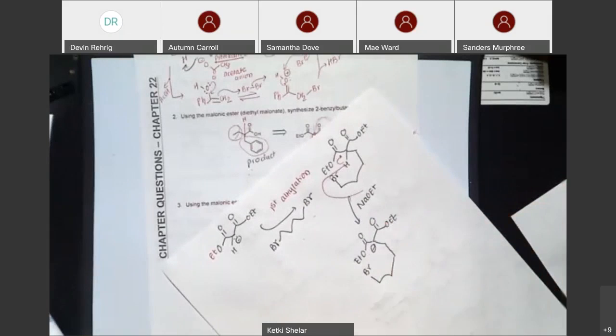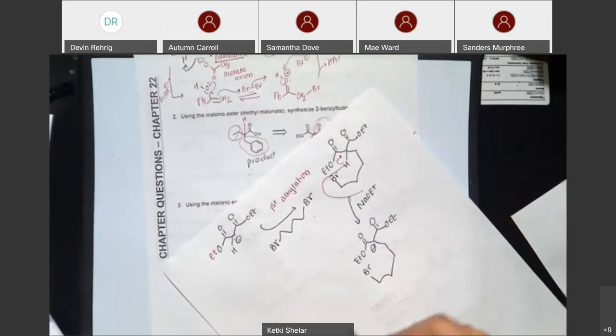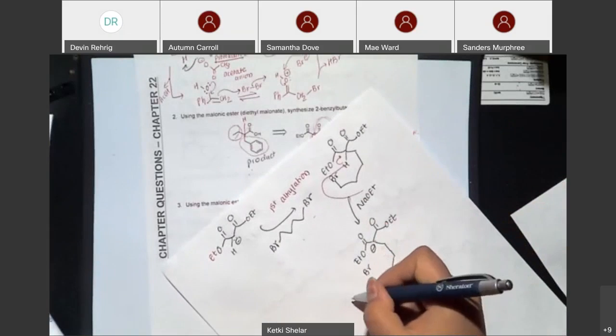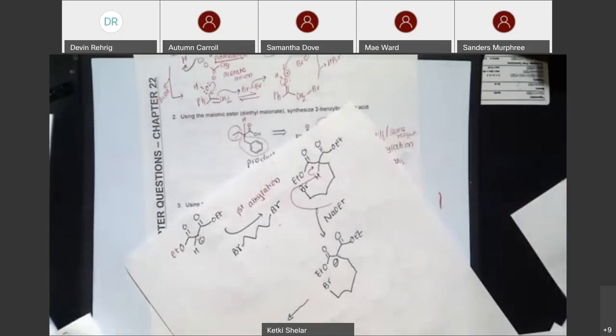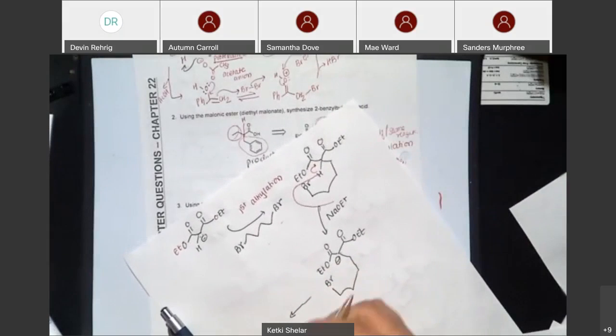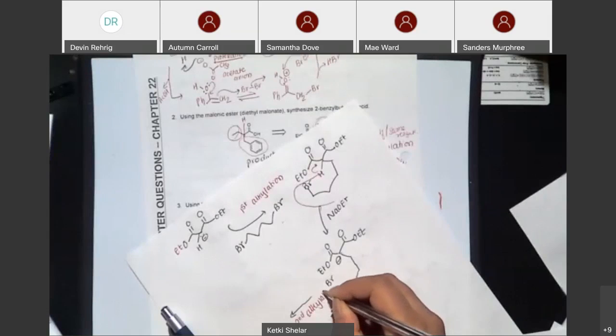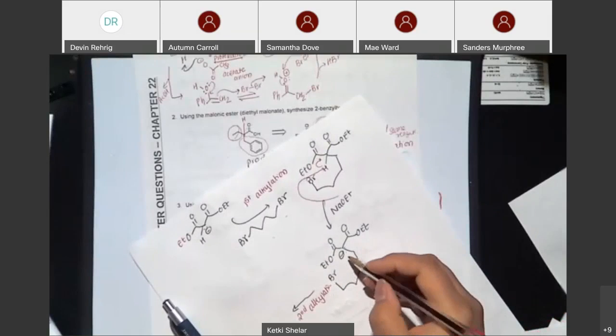So what is the next step? The next step is, there is a second alkylation which will occur here. And this alkylation here, it would be